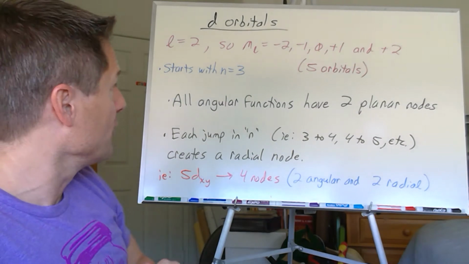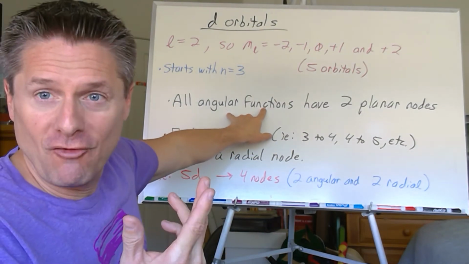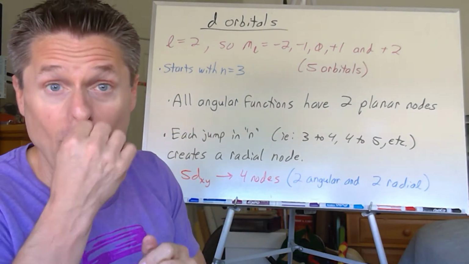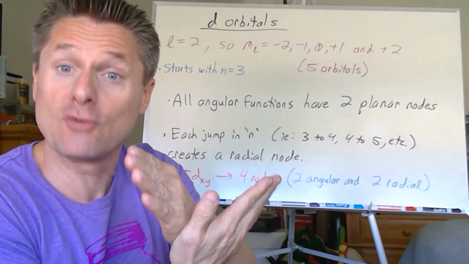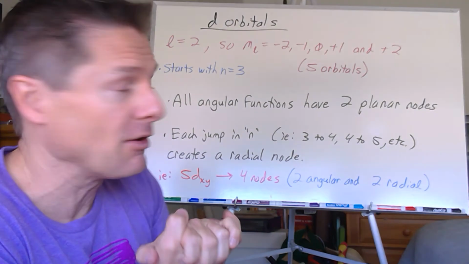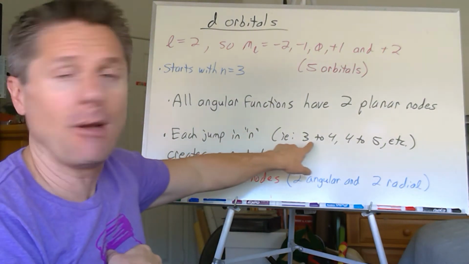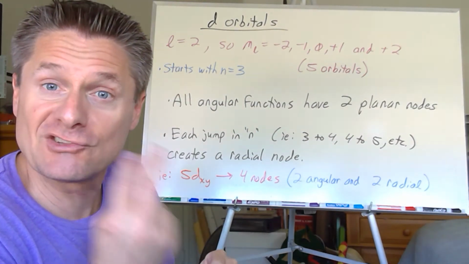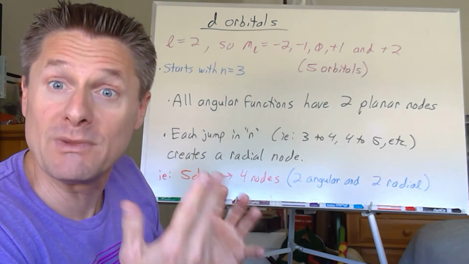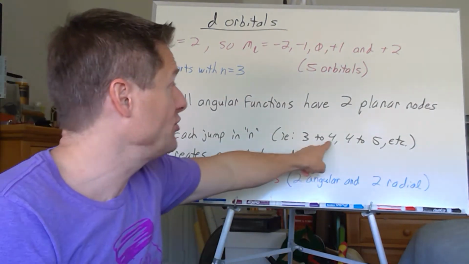I want to look at those orbitals real quick. All the angular functions have 2 planar nodes. The p orbitals had 1 planar node, right? With the d ones, we get 2 planar nodes based on the angular functions, all right? And then for every jump in n, so for 3d, you don't have any radial nodes. You just have the 2. So 3 minus 1 would be 2 angular nodes. But if we go to 4d,